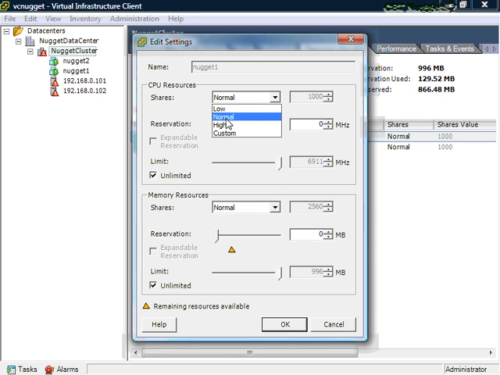Do we want to give it the normal amount of CPU resources? Okay, we're going to give it our normal, which is 1,000 shares. Do we want to set it to a high number of shares so that it gets more CPU resources than everyone else? Or do we want to set it to a low number of shares so it gets fewer than others? Also, if we want to get really crazy, we can customize the amount of shares that we give to our CPU resources and assign it based off of, okay, 1,000 here and 1,500 here and 800 there,